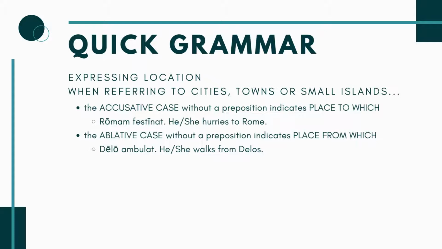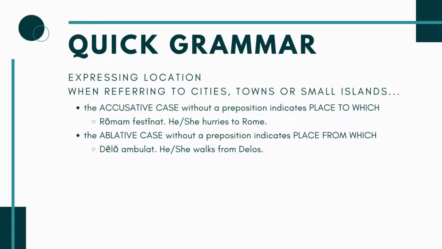But when it's a small island, you use the accusative and ablative case, which we saw a couple of chapters ago. The past few chapters, we've been talking about prepositional phrases. If you're going towards something or away from something, ablative and accusative. So you don't actually need a preposition to express this motion. If you use the accusative case, for instance, without a preposition, it's showing place to which. You're going towards something. So it basically does the same thing as if you had the preposition ad.